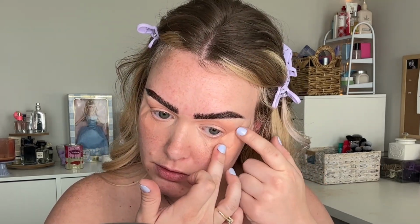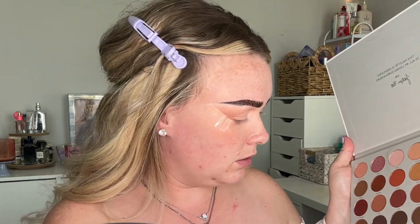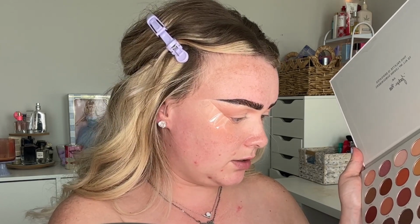I want to try to keep it pretty brown, just because on me it looks not as harsh and just a little more flattering to use a brown as opposed to a black. And I want to do black at the very base, like the very, very base of the liner. I'm going to use the first Jaclyn Hill palette, just because the other one didn't really have the browns that I wanted. I'm going to use Central Park,